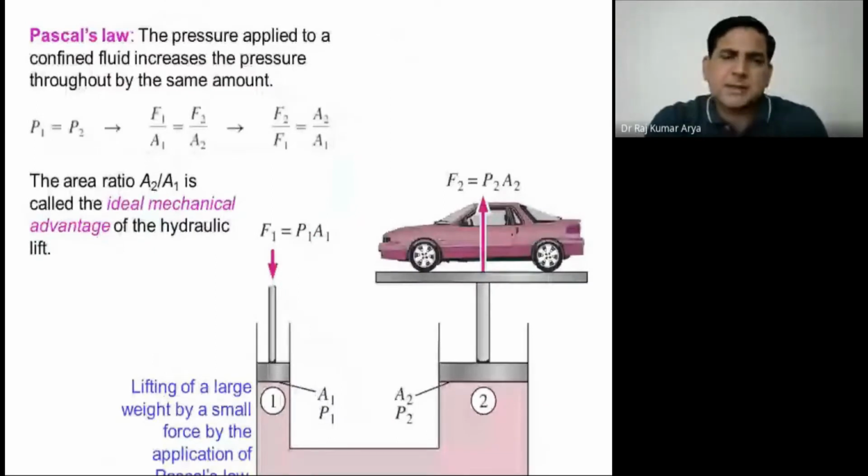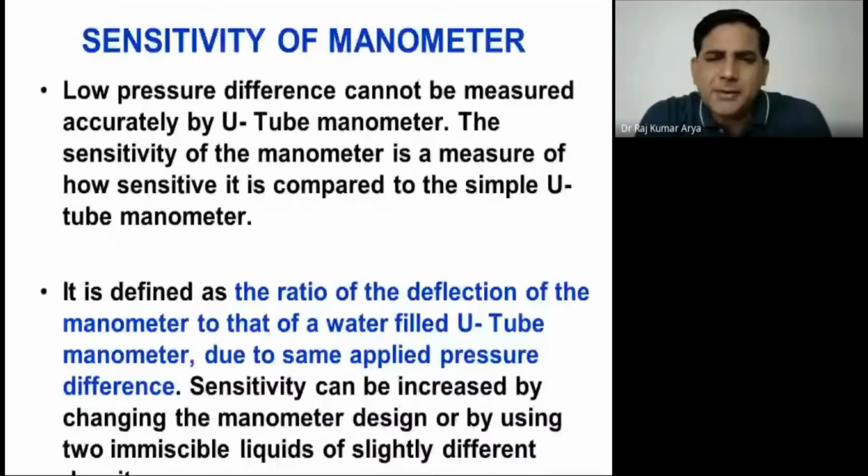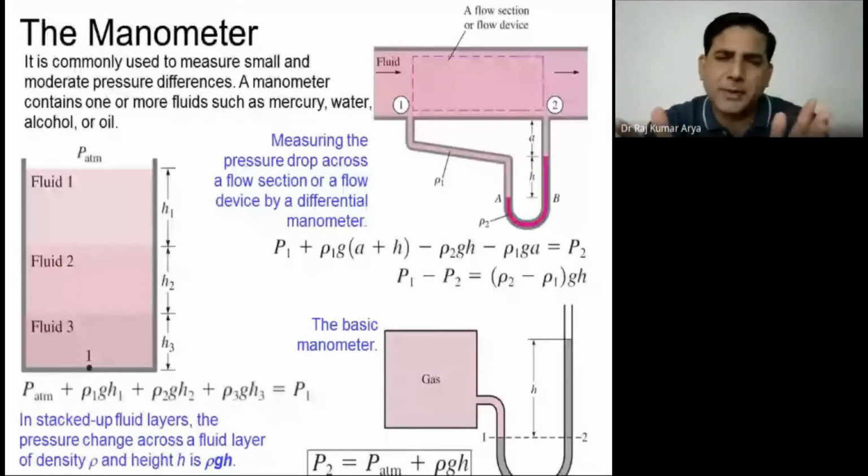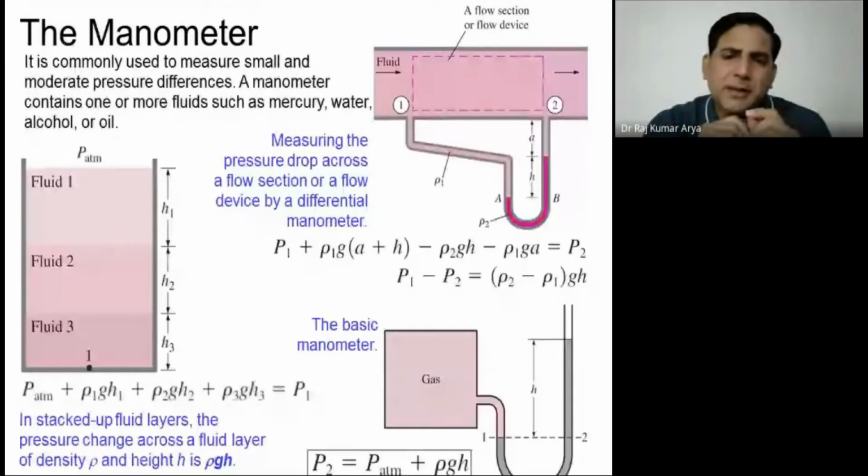In the last class, we were covering manometers. A manometer is used to measure the pressure difference between two points. Here the two points were A and B, that is 1 and 2, and a change in the horizontal length of the tube doesn't create any difference in delta P. You always have to measure the vertical change in the levels only, right? Based on that, we derived this equation, and for this particular fluid we also derived how the pressure would change.